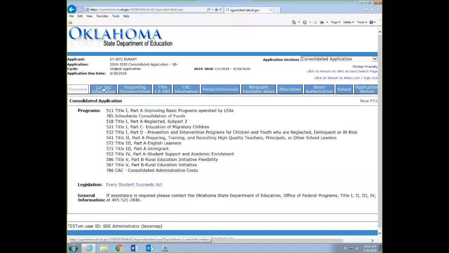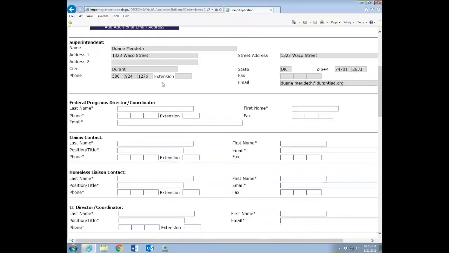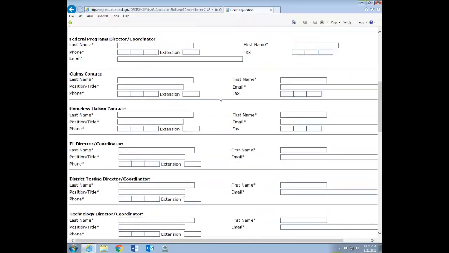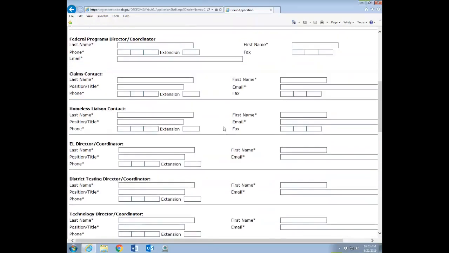Then you'll go to the contact page, wait for the spin, and you'll see the superintendent's information. This is pre-populated from the assurance page. So if the superintendent's name is wrong, then we want to go in and update the assurances so it will pre-populate this information correctly. Then you have the opportunity to go in and tell us who the Federal Programs Director or Coordinator is, and anything with an asterisk, you're going to have to make sure that you fill in those